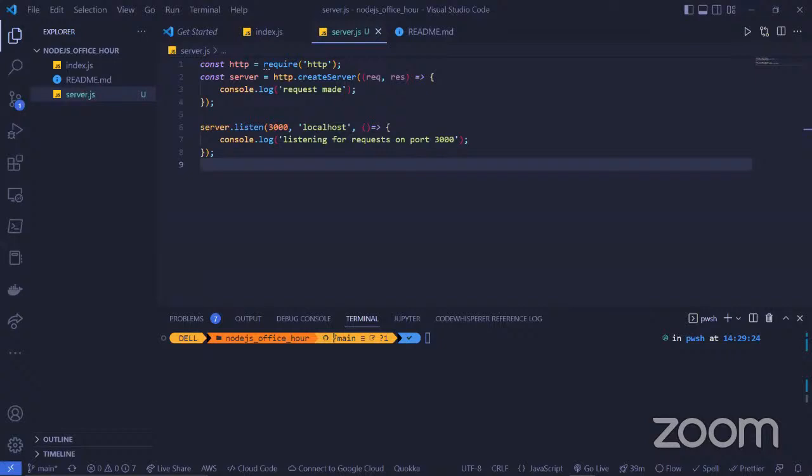Let me verify something. I want to verify something.